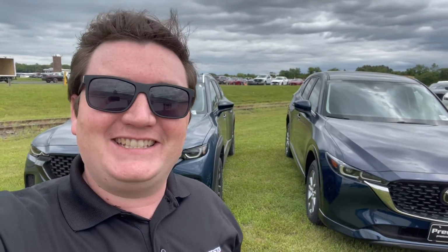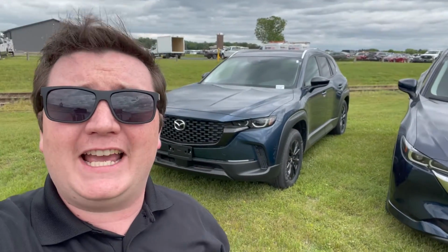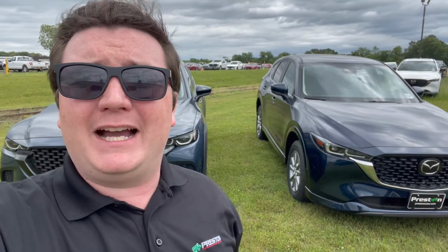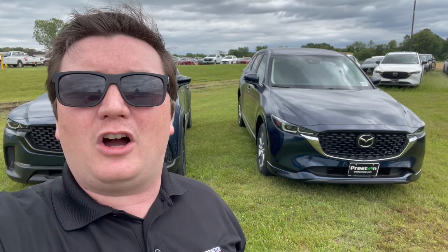So anyways, windy day, but thanks for staying on with this CX-5 versus CX-50 review here. Now, the question is, which one do you think is better? I obviously made my decision when I told you before that I bought a CX-50, and I absolutely love my CX-50. Best car I've ever owned. Fantastic vehicle. But at the end of the day, we want you to be happy, and we want you into a new Mazda because these vehicles are absolutely awesome. CX-5,